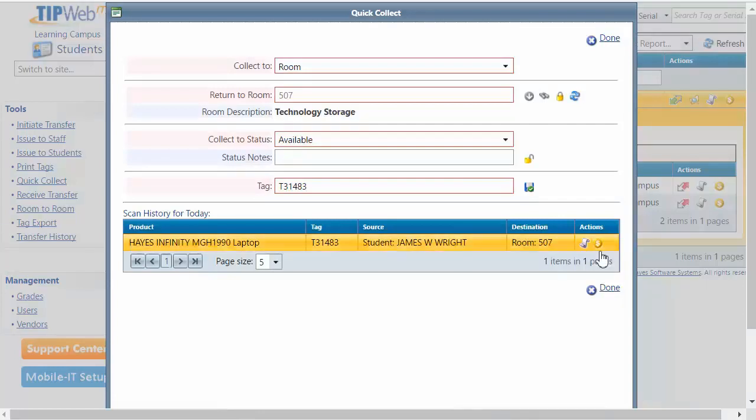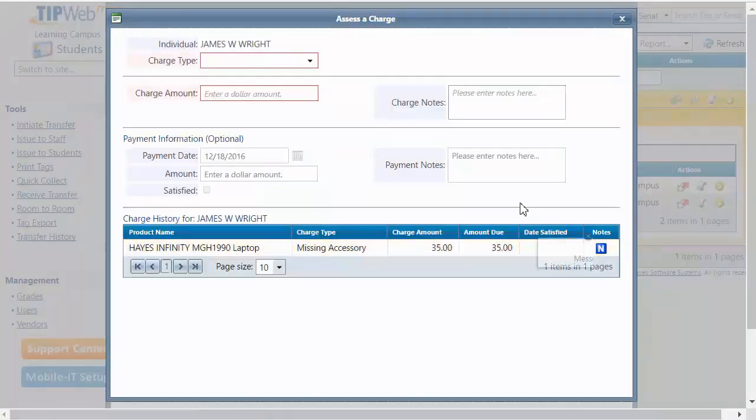To assess a charge, you'll first click on the Assess Charge icon. Clicking on the icon takes us into the Assess Charge page. Note at the top the individual's name, charge type window, and charge amount. Before we begin the process, we'll want to review the blue grid header and note that there is a missing